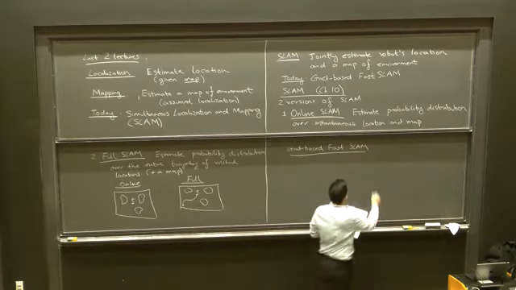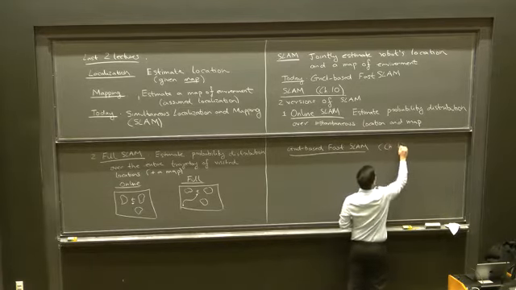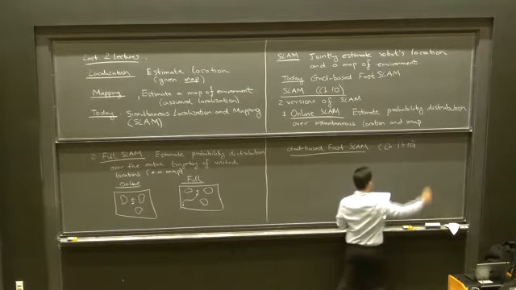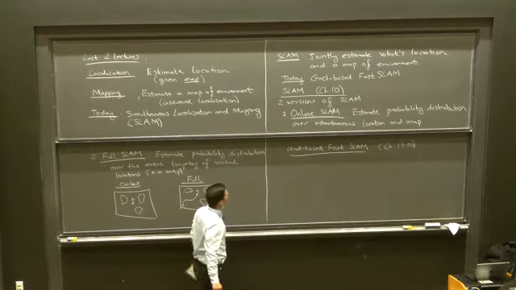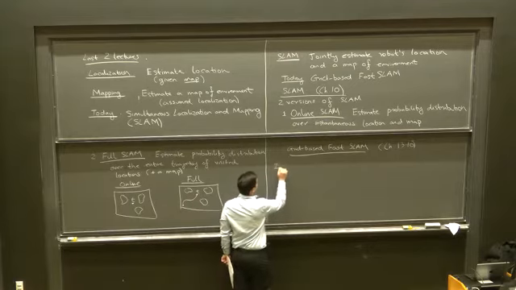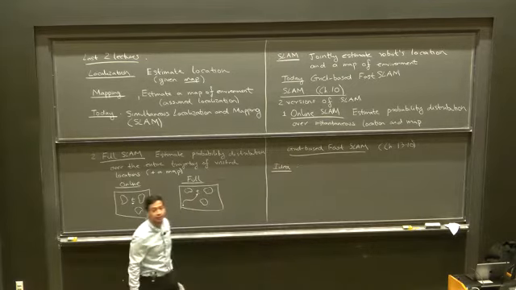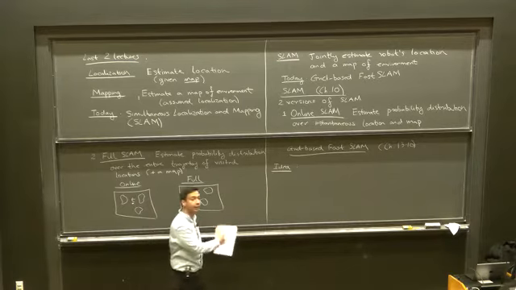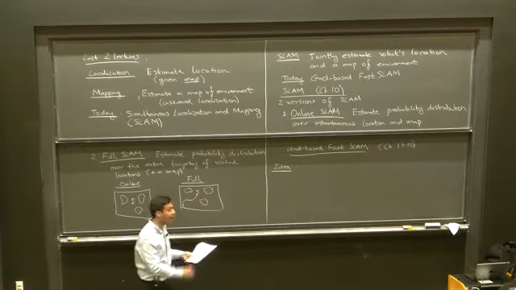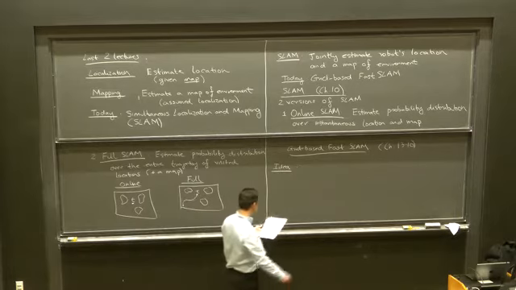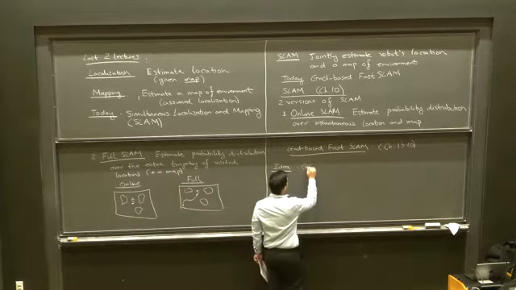So this is chapter 13.10 in the probabilistic robotics book. And the basic idea is actually going to be fairly straightforward. We've done all the hard work in the past two lectures where we thought about localization given a map and mapping given localization. So the basic idea is to combine